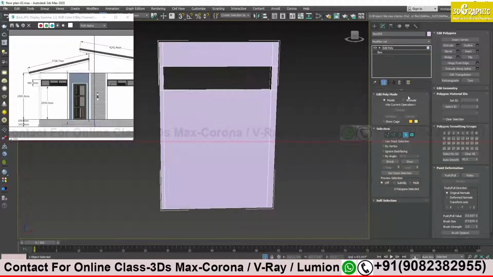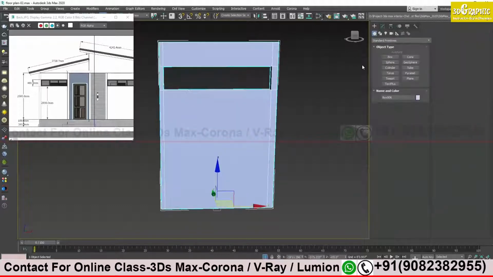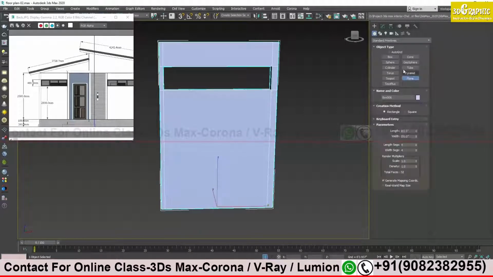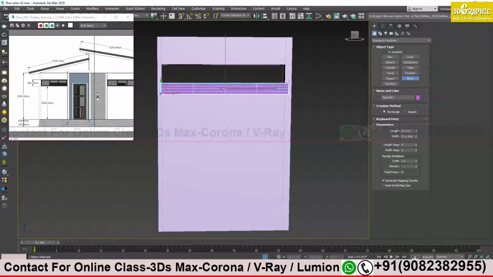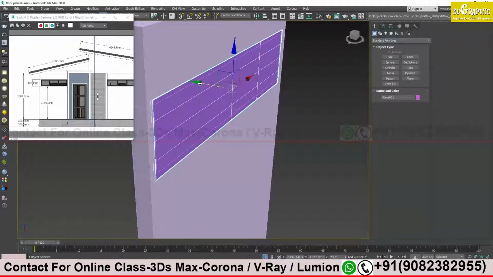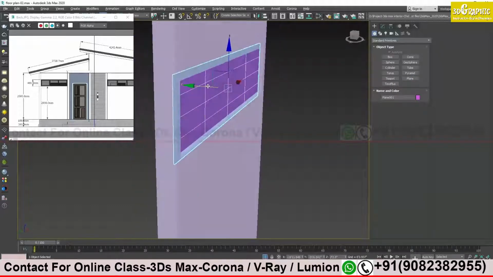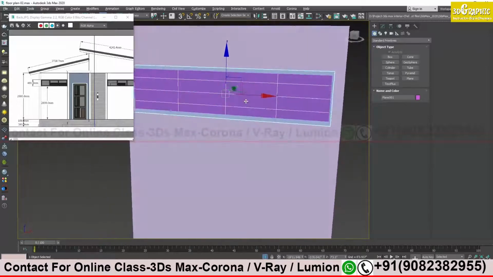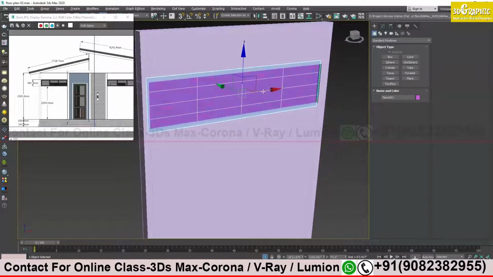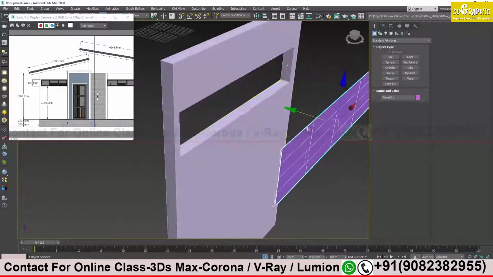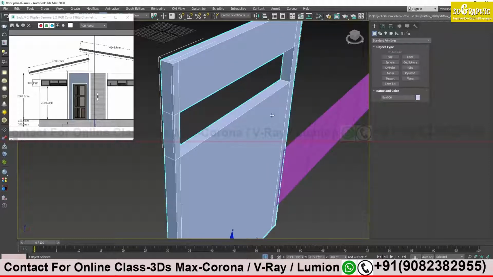How? Come out of this poly mode and then create a plane over here, and then click auto grid. Just click on plane, auto grid, and click over here at the surface and just create like this. W, and just try to drag it inside a bit. So this is how you create a glass over here. Okay, sir. All right. So do like this, create a glass from a plane, and with the help of the polygon you create a gap over here. Do like that.